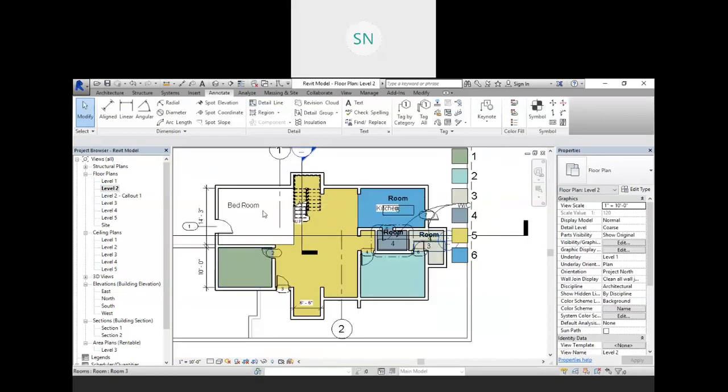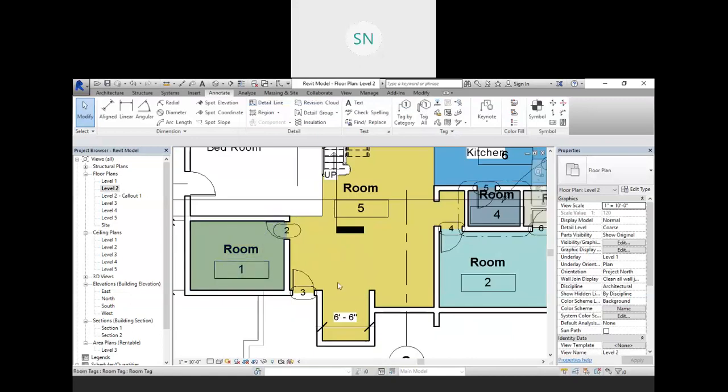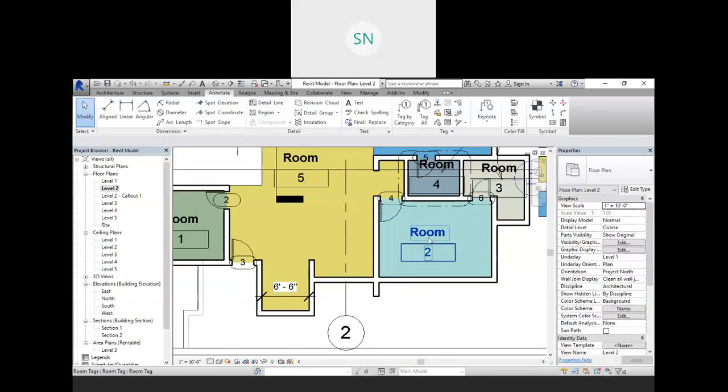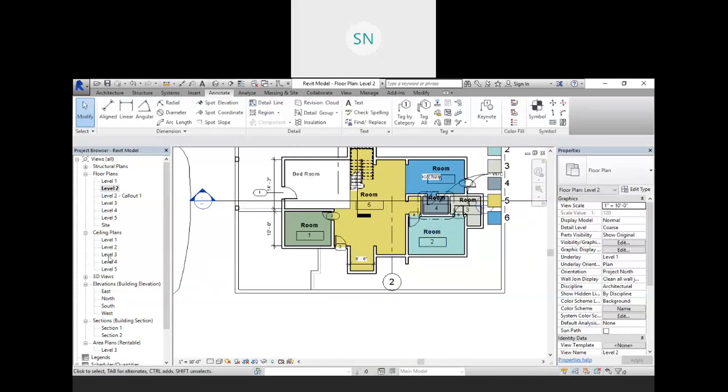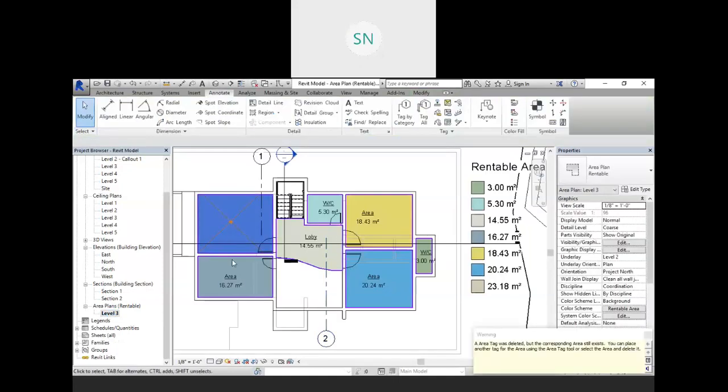Similarly, I want this room tag back. Go to the tag all, click on the room tags, click on the apply. So you will get your room tags again back with the same number, with the same name. Let me go to the area plan. For example, we are deleting these tags, right?